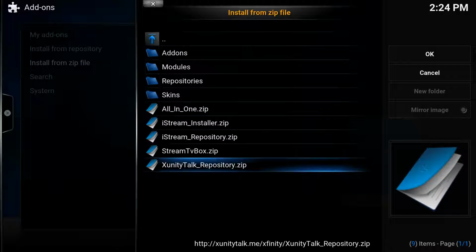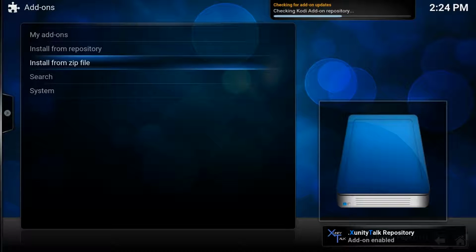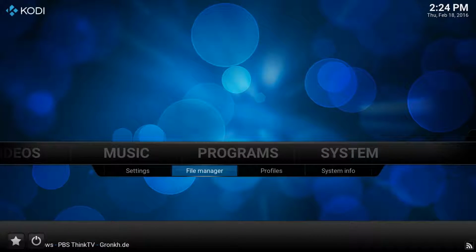Same process. Go onto the Xunity talk repository, however you pronounce that, click enter, and we should have a pop-up again. There we go. Gives me the cozy thoughts at night, knowing that it's working, those pop-ups. Press escape, same thing again. Like I said, we should have two more of these to go now.